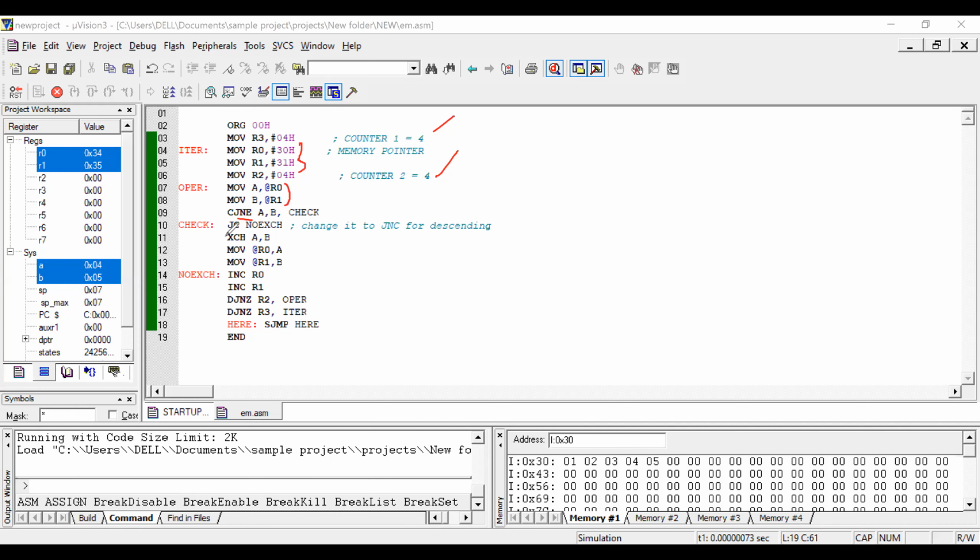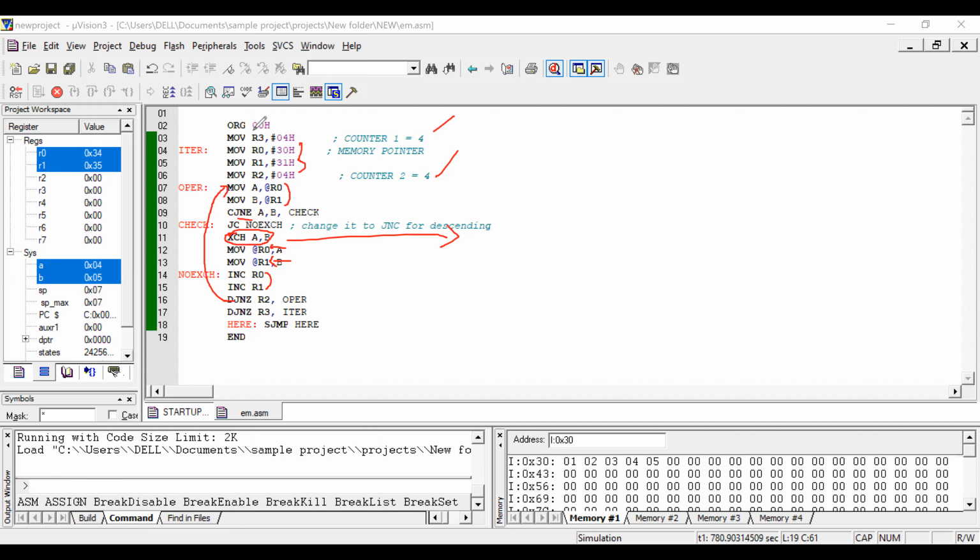If no carry, just for ascending, just exchange the data. This is the main instruction. Then finally exchange data, move to the corresponding location. Incrementing next register, that is the memory pointer, and iterating for 4 times.